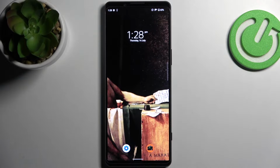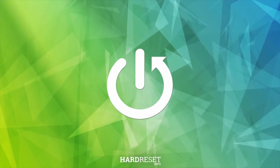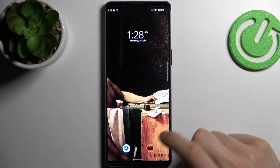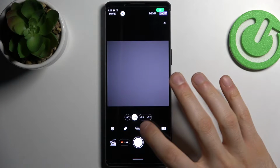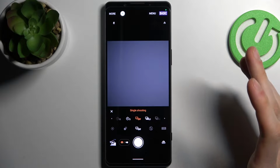Here I have Sony Xperia 1 Mark IV, and today I'm going to show you how to take a burst shot on this device. So firstly you have to open camera, then tap on this middle icon here, and here you can select